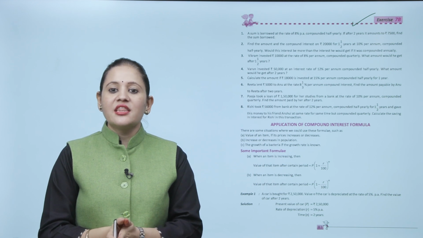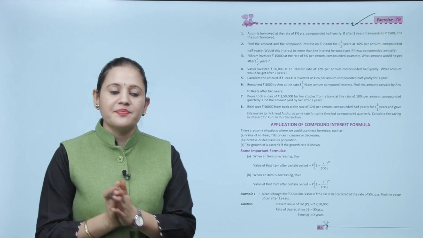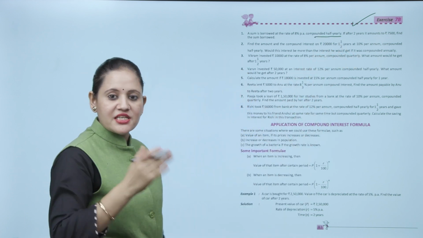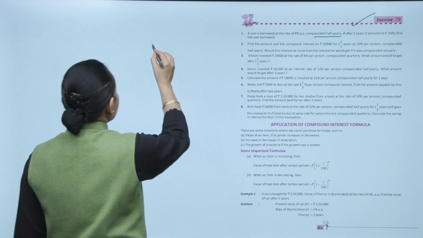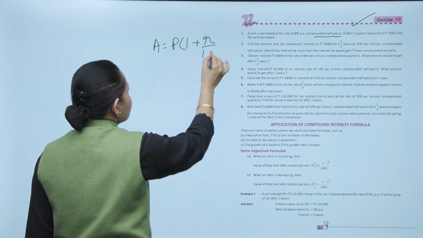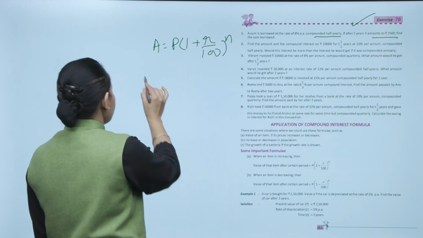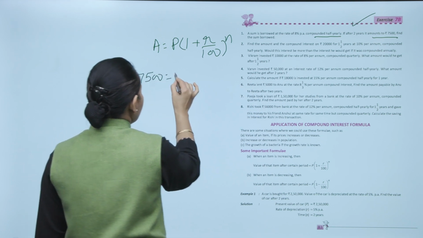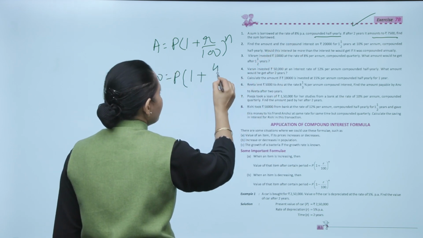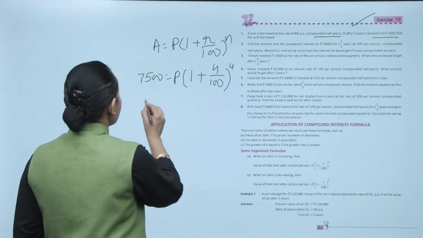If after 2 years the amount is rupees 7,500, find the sum borrowed. Means we have to find the principal. Interest is compounded half yearly, meaning the rate of interest will become half and time will become double. So what is the formula? Amount equals P(1 + R/100)^n. Amount is rupees 7,500, principal we have to find, 1 plus rate of interest 8 becomes half, that means 4/100, and time will become double, 2 years, so 4. So this will become